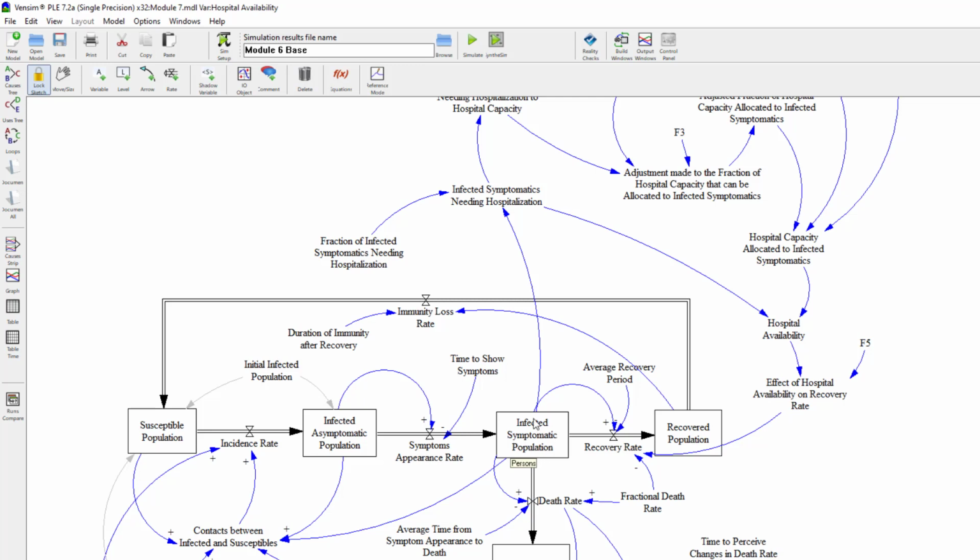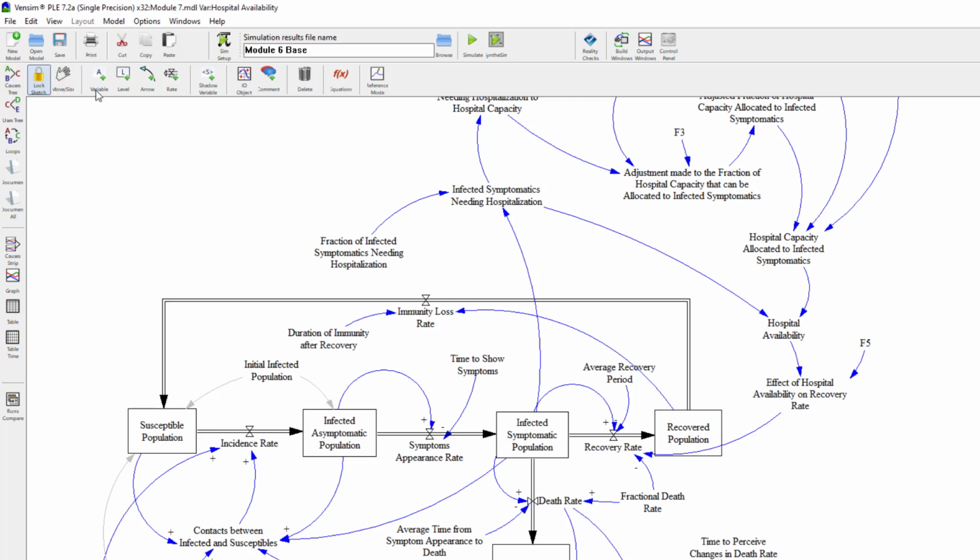But there are some fraction of these people who don't need hospitalization, right? Then those people won't be affected by hospital availability when it comes to their recovery. So you gotta separate these people into two groups and only multiply this effect of hospital availability for those people who need